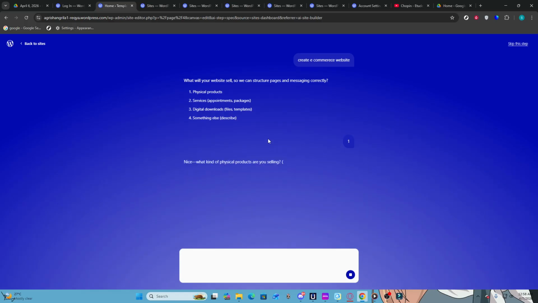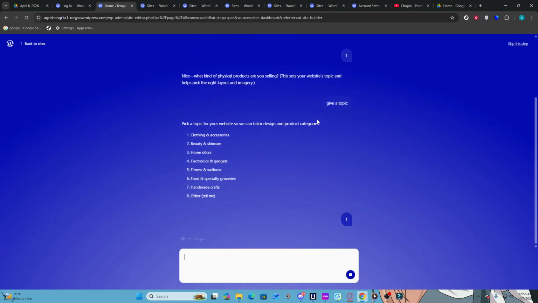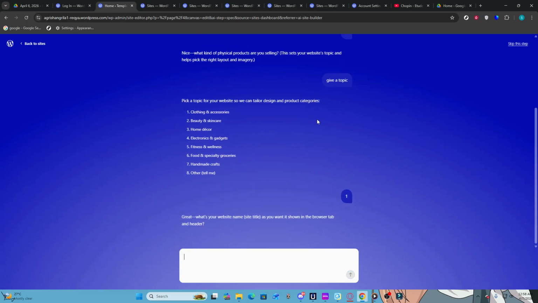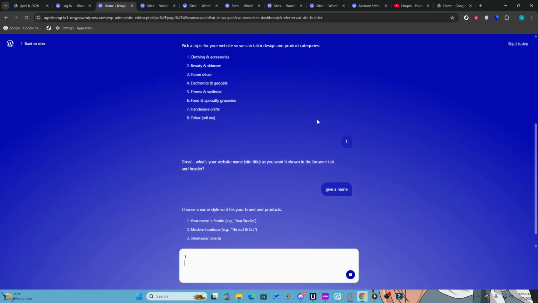Following this, the AI will confirm that it can create an e-commerce website. You will see a message indicating this capability, ensuring you're on the right path. Next, type in the option to choose from the choices provided above. This selection will further refine the AI's understanding of your specific needs for the website. Again, click on the Enter key to confirm your choice. This step is essential for the AI to proceed with your specification.